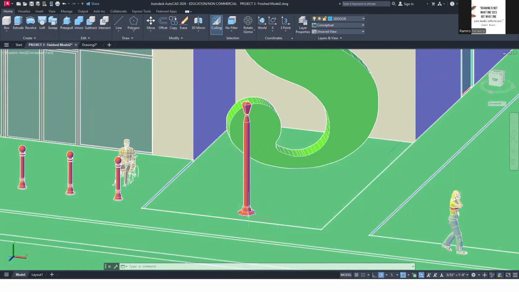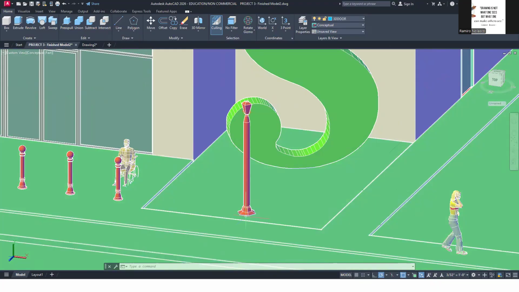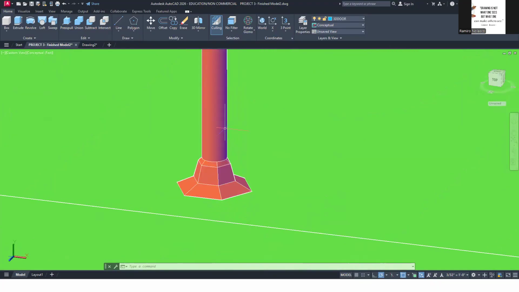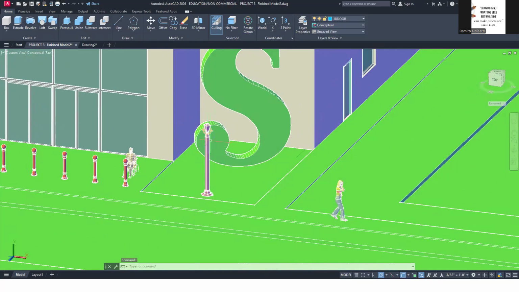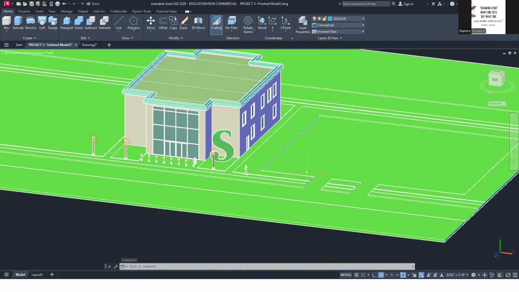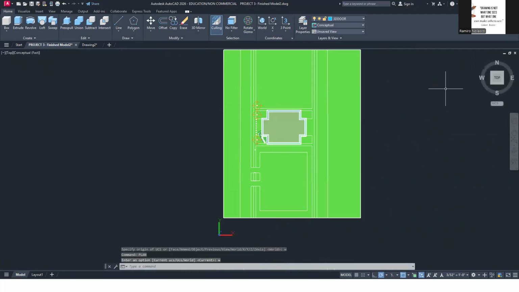You'll use this particular tool. Now, here, we actually used a Loft command. You could have used a Revolve command here, but not at the base. The base should definitely use the Loft command. And then actually the entire thing can use the Loft command. So for the Loft command, you just go to the top view. Okay, so we'll say UCS world and then plan world. So you're in the top view,